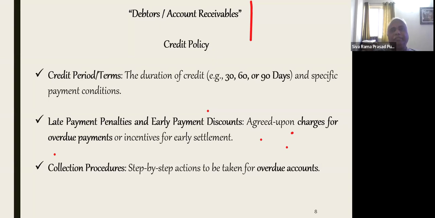Collection procedure. Once the goods are supplied, the collection team, which is under the control of the finance department, will closely monitor due date wise, and 3 days before they will send the alerts. We have supplied the goods, we have allowed 30 days, and in the next 2 days the 30 days will complete. Please pay through RTGS or NEFT to the company's account. So the collection team also continuously chases.